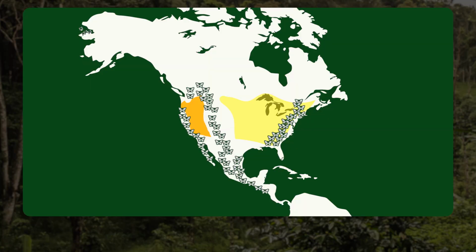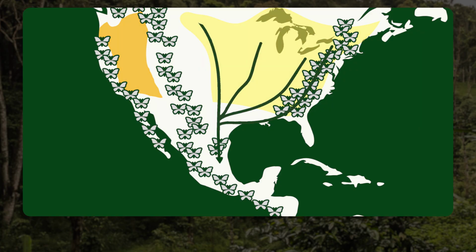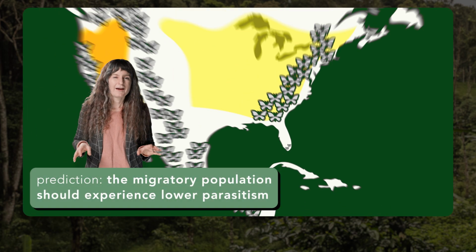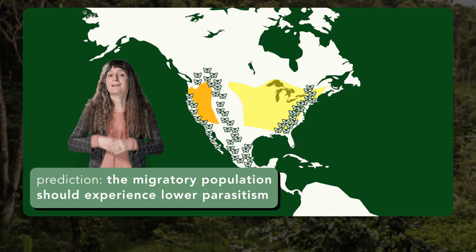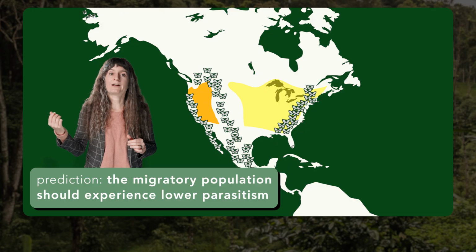There are 3 monarch populations in the United States. One is a West Coast population that lives west of the Rocky Mountains and migrates into California to breed. Another is an East Coast population east of the Rockies that migrates all the way down to Mexico to breed, a much longer migration. And finally, there's a teeny tiny little population at the southern tip of Florida that does no migration whatsoever. And this sets us up with a really nice natural experiment to test whether our prediction that the migratory population would experience lower parasitism is borne out.